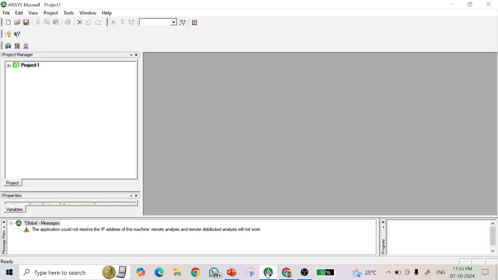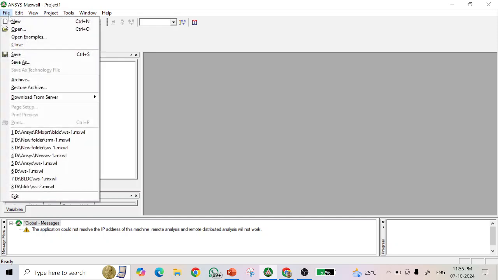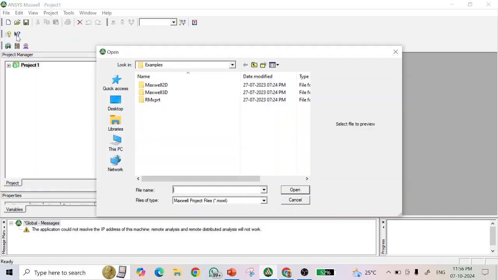In this video, I'll show you how to analyze the performance of a BLDC motor using Ansys Maxwell. First, open the Ansys software. In the top left corner, you will have the File option in the menu. Just click File, click Open Examples,